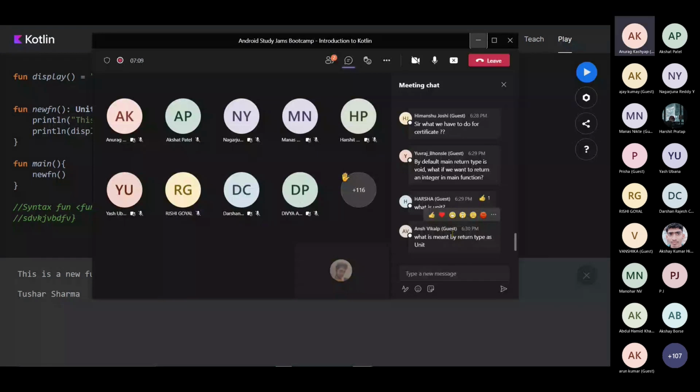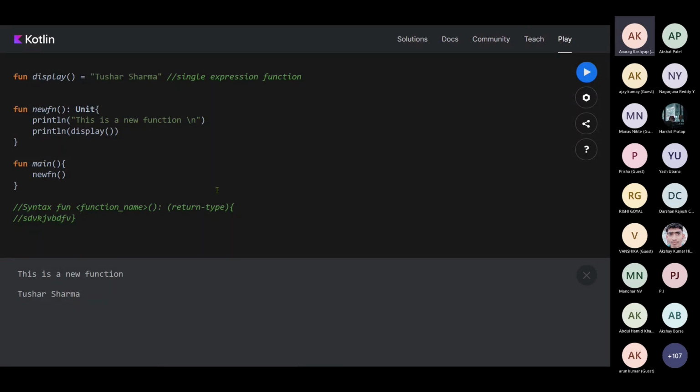Before that, there are two to three concepts. Okay, fine. I'll explain what unit is. Unit means you can return anything. For example, I told you the return type can be either integer or string, but what if you want to return anything? A string, maybe an integer, maybe anything. It's your choice. In those cases we use unit. It's a general parameter. That's all there is to unit.